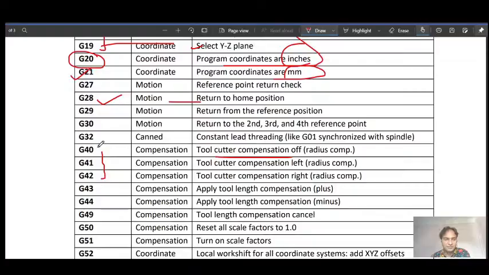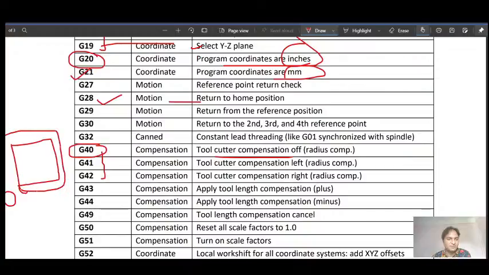What this means: say we have this part and this is the tool radius, and the tool has to mill it from this side, so the tool has to follow this path.